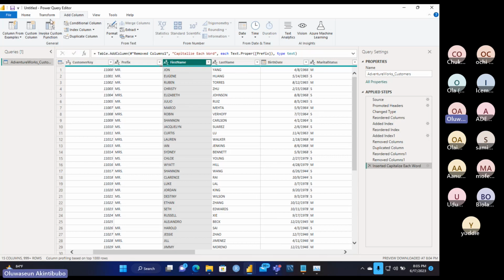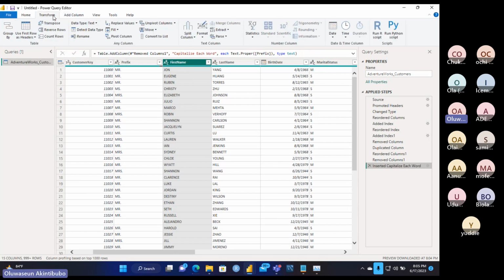Now, if I just want to transform the name without creating a new column, I would do that from the transformation menu. Look at it. Format. Can you see? You have text column, so anything I want to do to a text column, you do it from here. Anything you want to do to a numeric column, you do it from here. Anything for a date column, you do it from here, and if you want to do anything on any column, you do it from here.